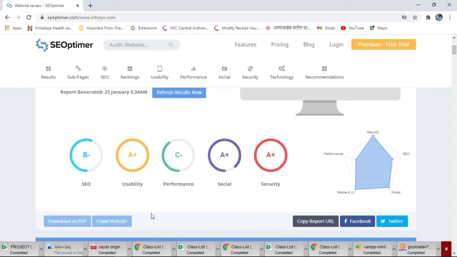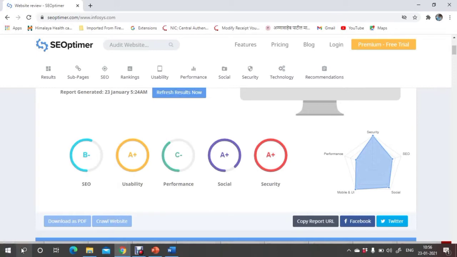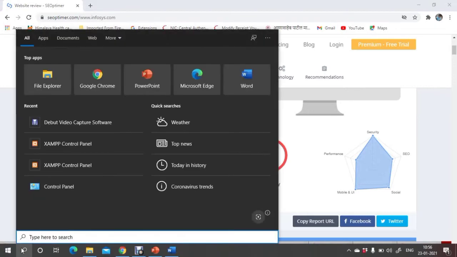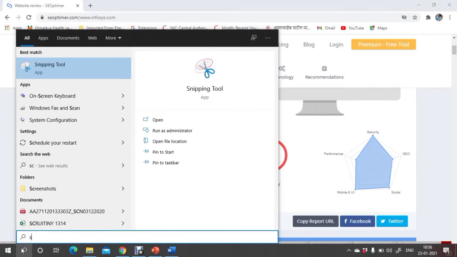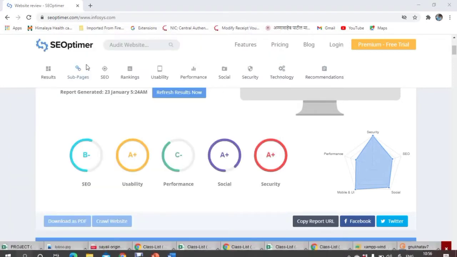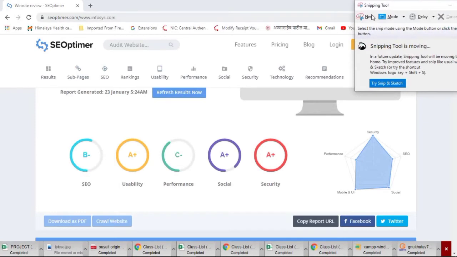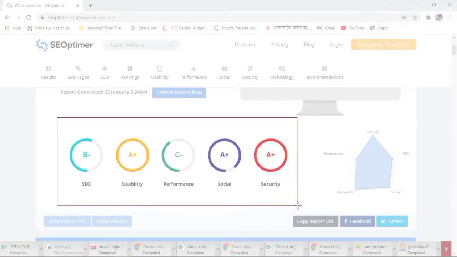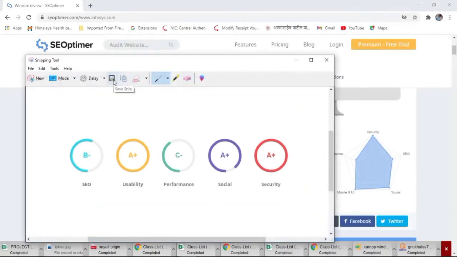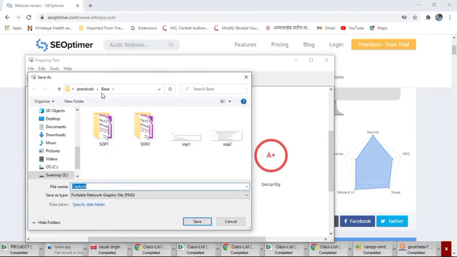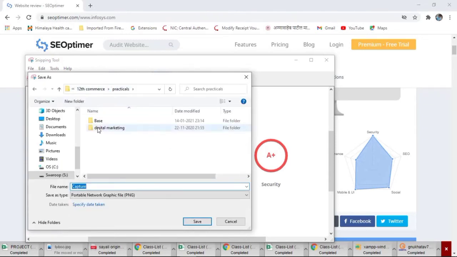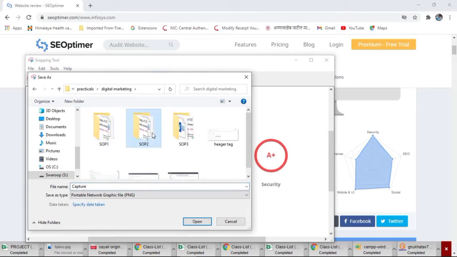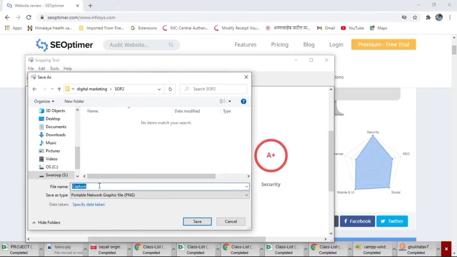So let us take a snapshot of it. To take a snapshot you can use any tool. Suppose I am using the snipping tool. Click here on new and take a snapshot of it. Now save this in your practical folder SOP2, suppose the name is C1.